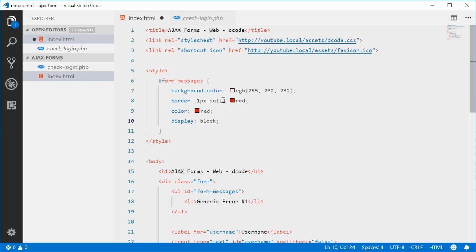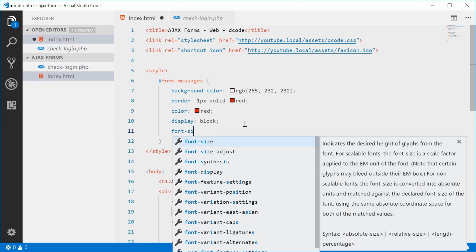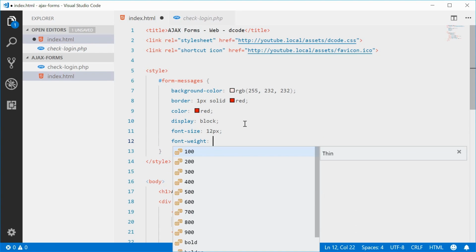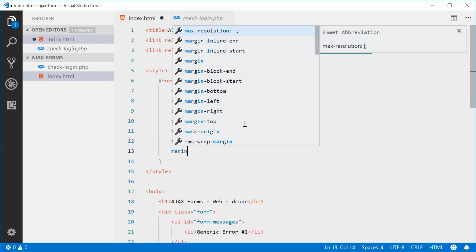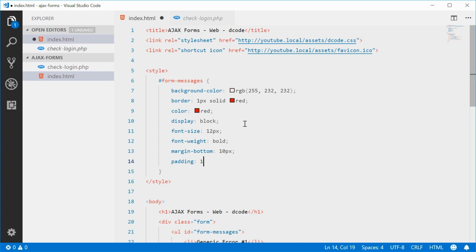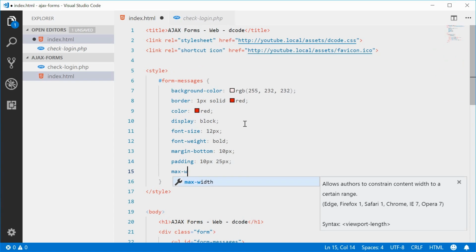Block is the default display. We're going to change this to none later on to actually hide this element, but for now it'll be block. We can have the font size being 12px, a font weight of bold, a margin bottom of 10px, some padding of 10px on the top and bottom and 25px for the left and right, and a max width of